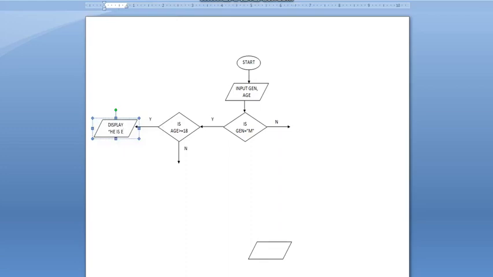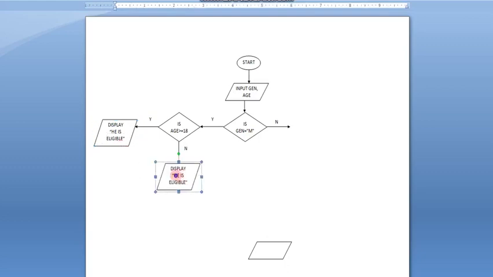He is eligible. Fine, he is eligible. It's not visible, so let me just expand. The spelling has a little mistake: eligible. I have to keep it within quotes because I want to show that content itself on screen. If it is no, then what will happen here? I have to specify what? He is not eligible, because I am doing the he side.